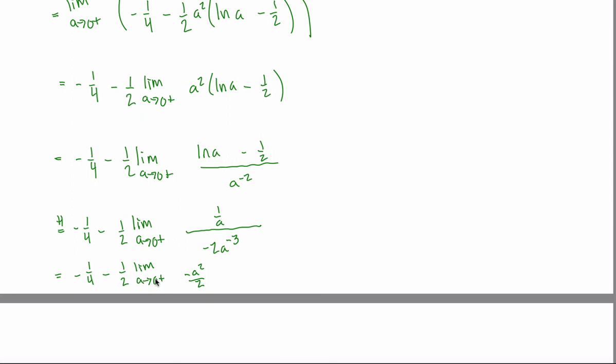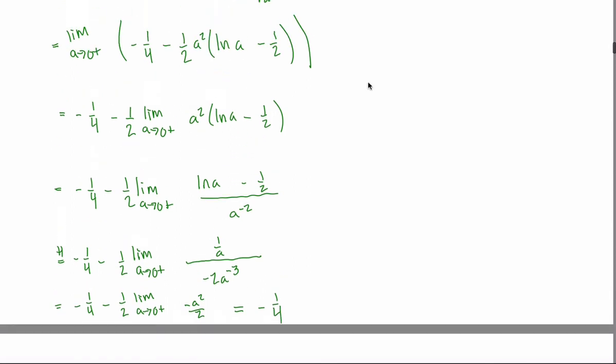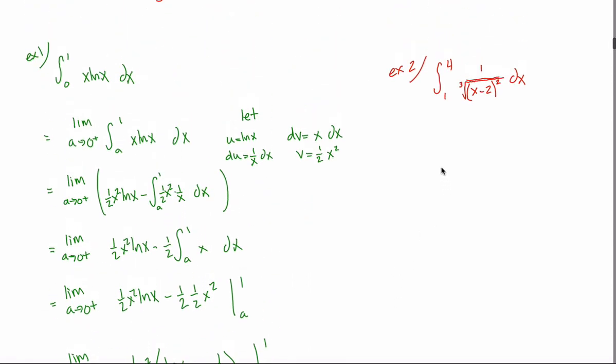But we're taking the limit as a approaches 0 of this thing. And when a gets really close to 0, 0 squared is 0, negative 0 is 0, 0 divided by 2 is just 0. What I'm saying is this whole term goes away, and we get that our limit is just equal to negative 1/4. One more example that I want to show you to illustrate a slightly different point is